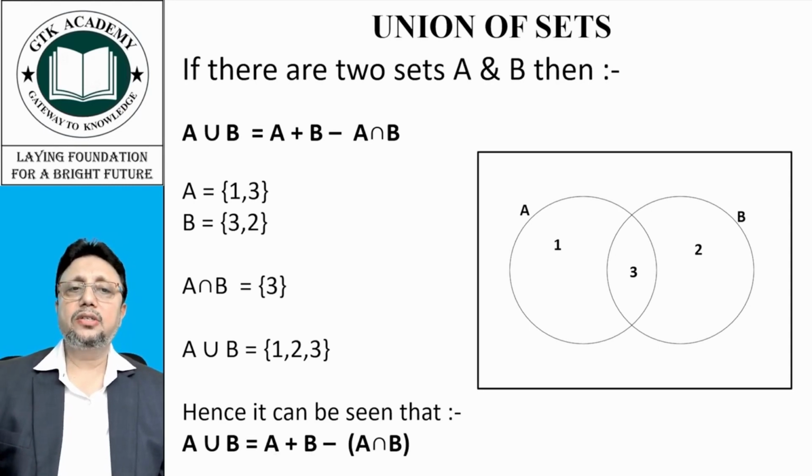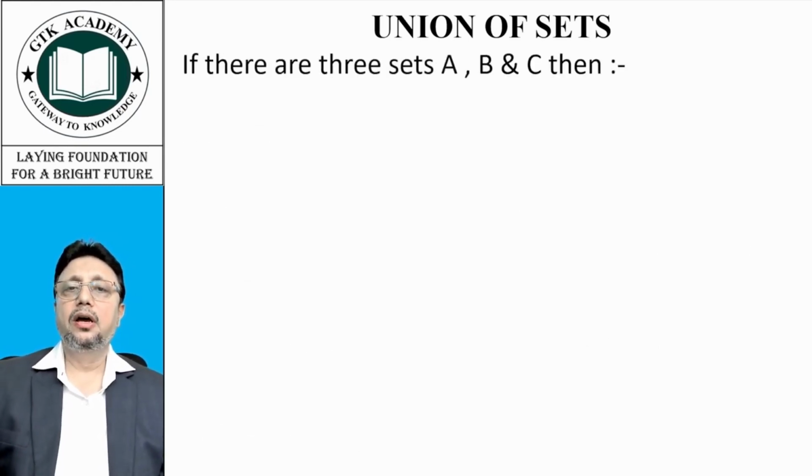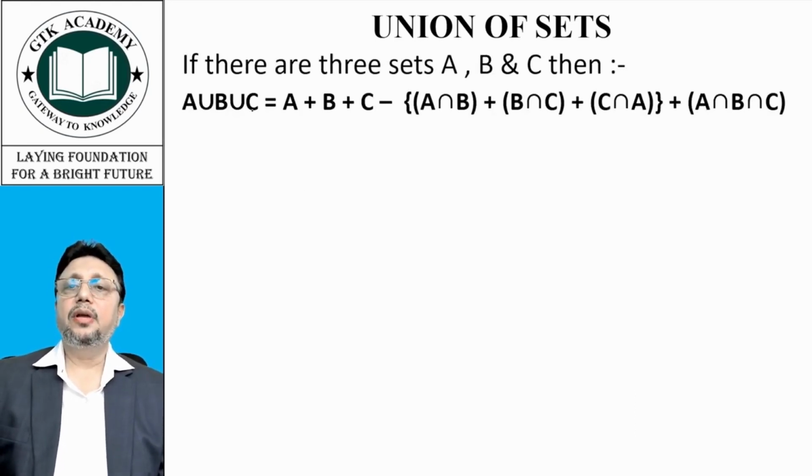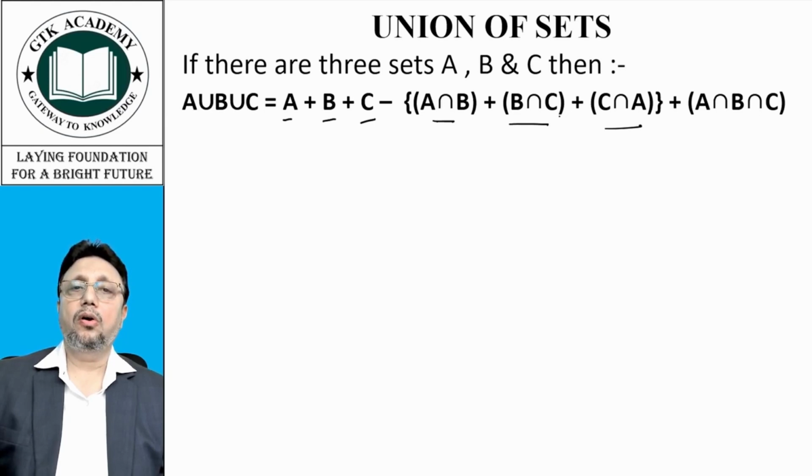This is for 2 sets. Now we'll see for 3 sets. Now if there are 3 sets, then A union B union C is A plus B plus C. Add all of them. Then subtract intersection of 2 sets, the sum of all these kinds of sets, and plus